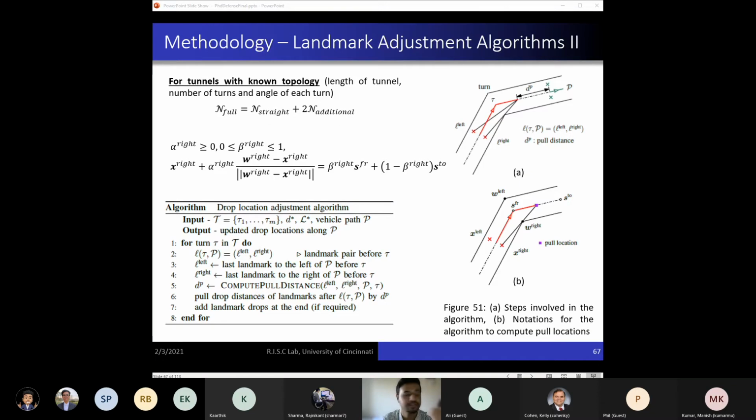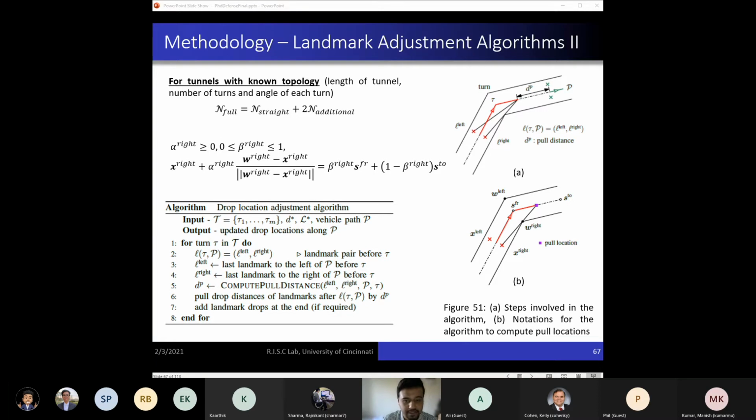If we do have access to, say, the blueprint of the tunnel, we can do much better. Note that having access to the blueprint of the tunnel does not necessarily mean that the tunnel has adequate and meaningful features to support unmanned vehicle localization and hence navigation. So if we know the turn angles and their locations, we can adjust the location of these landmarks to ensure that measurement is never lost due to LOS. Every turn has a segment leading up to the turn and another segment following the turn.